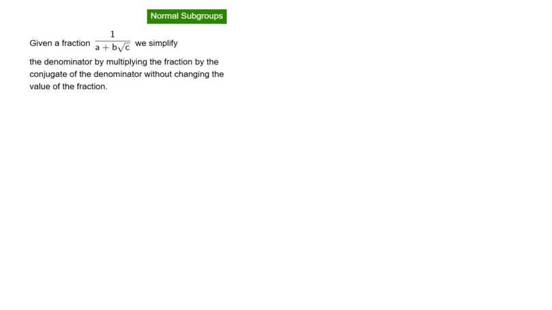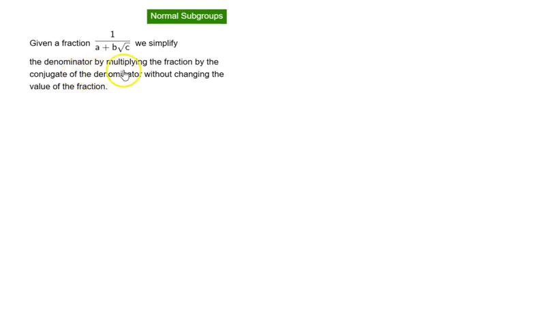Let us look at normal subgroups. Now, before we actually look at normal subgroups, let's understand something else first. In algebra, we have seen that given a fraction 1 by a plus b root c,